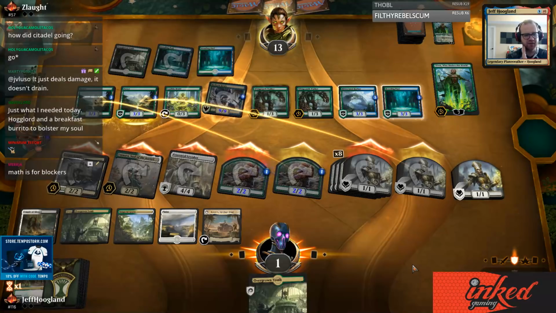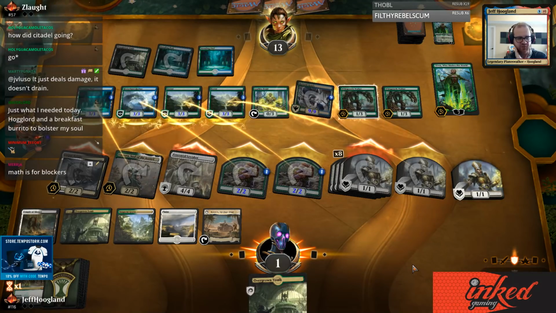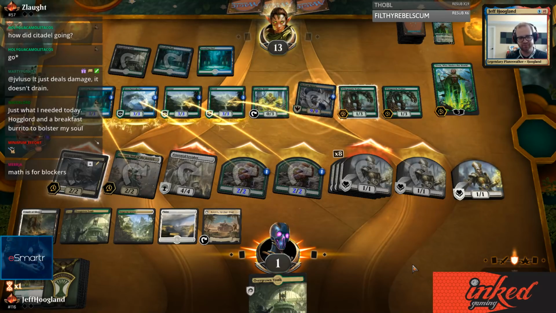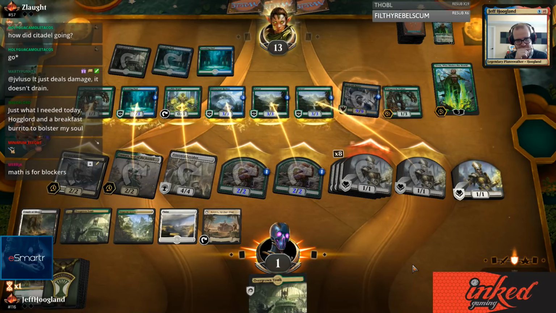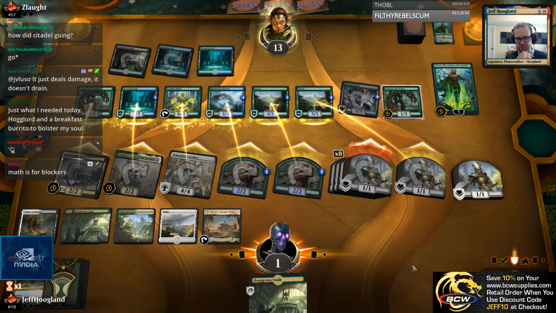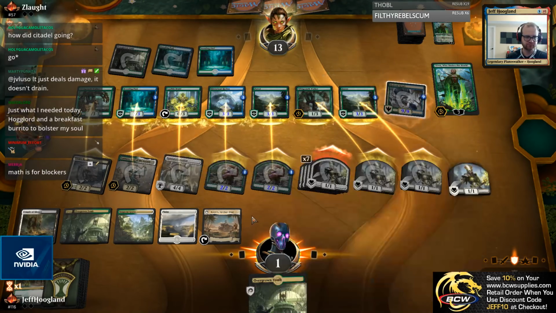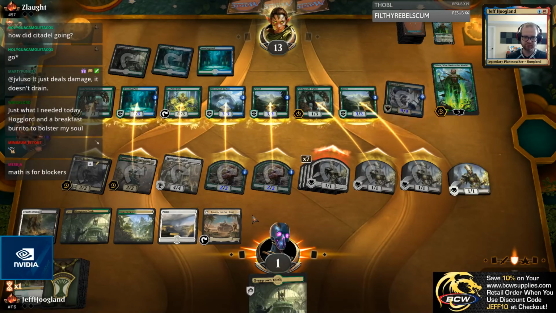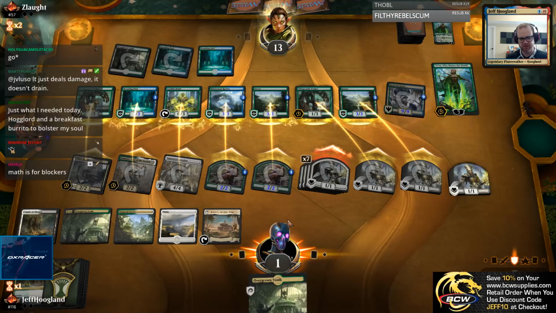If we'd have drawn a Saproling Migration or some other way to make tokens there, we might have been okay. But I believe we're going to come up short here. Saproling Migration would not have done it, right? Because it would have only been